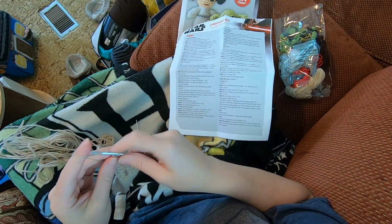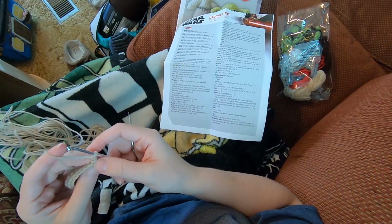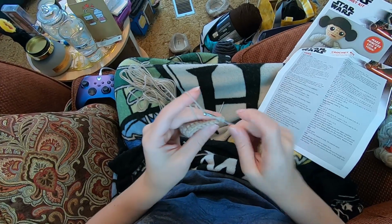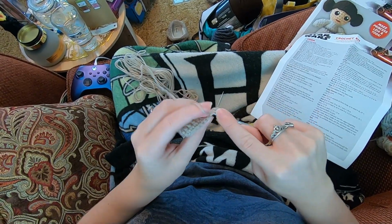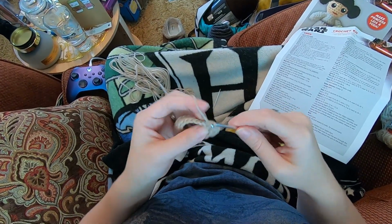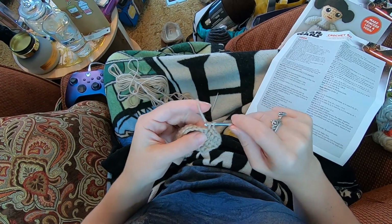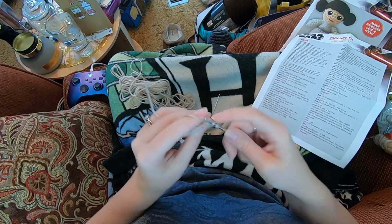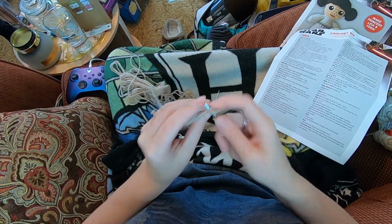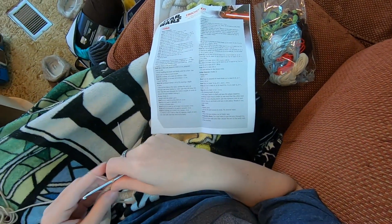And that was 5, chain 1 and turn, and now single crochet in the next 8. So starting here in our first one, 1, 2, 3, 4, 5, 6, 7, 8, 2 single crochet in the next,